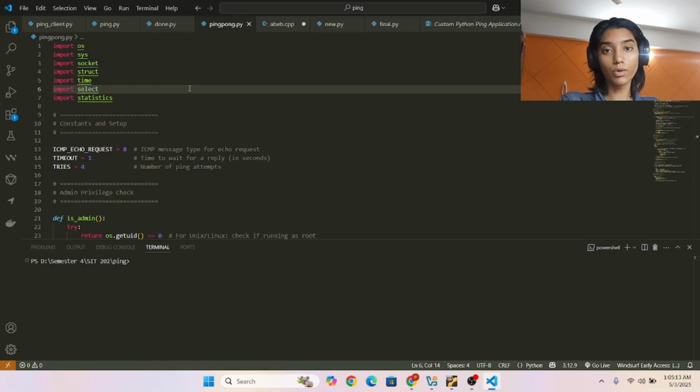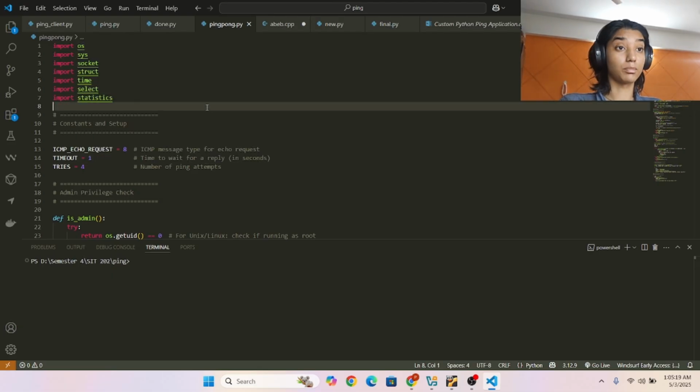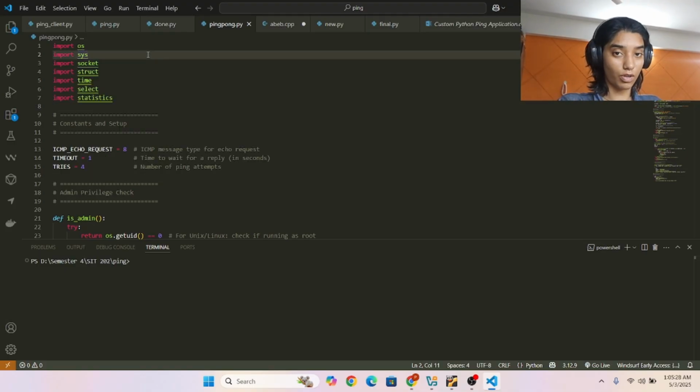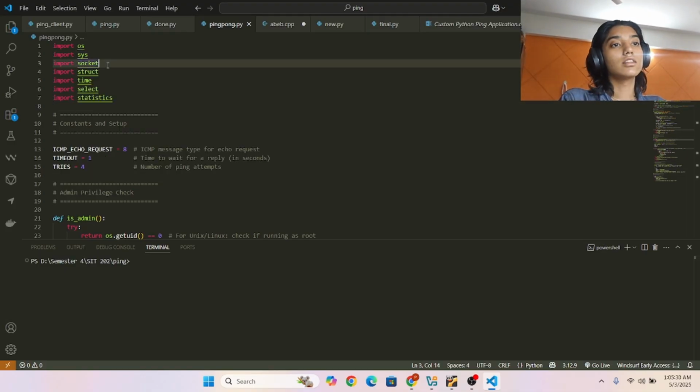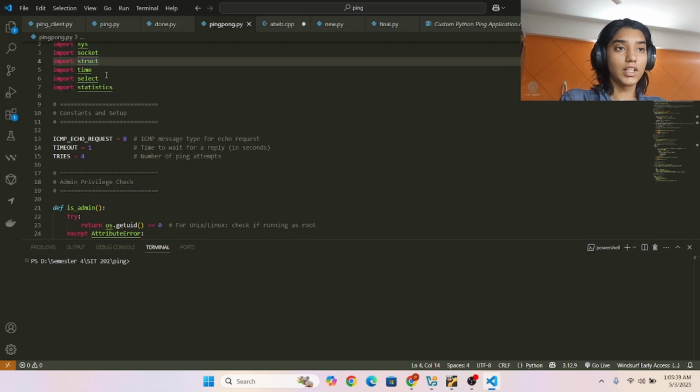So the code is written in Python. We are going to use import os for the operating system, to know what kind of operating system my device has. It's Windows. Then sys and socket, because it depends on socket communication. Then struct, which we are going to use to store the information, then time, select, and